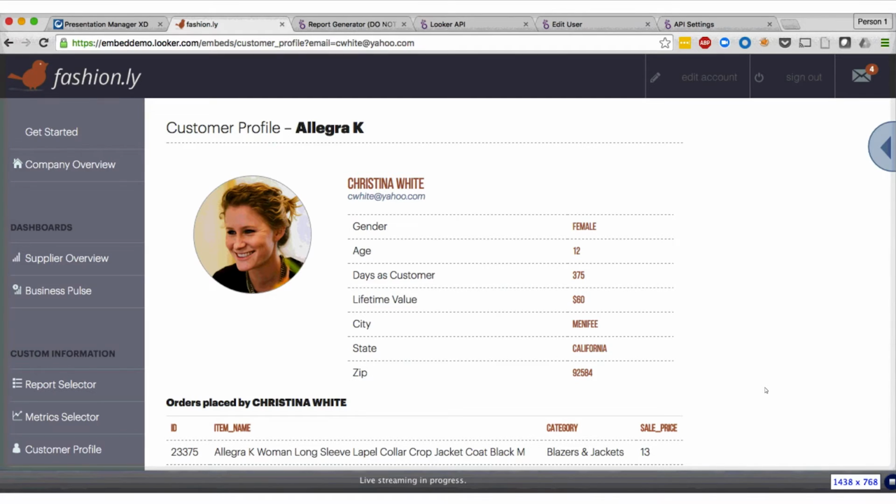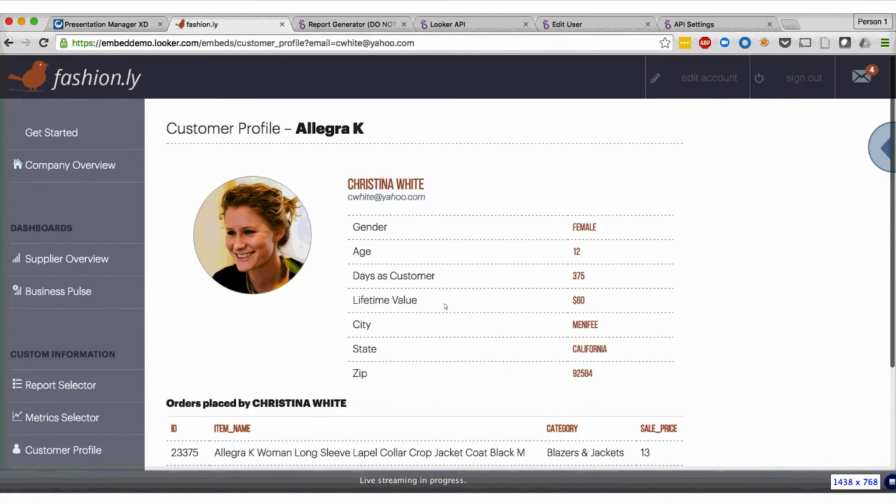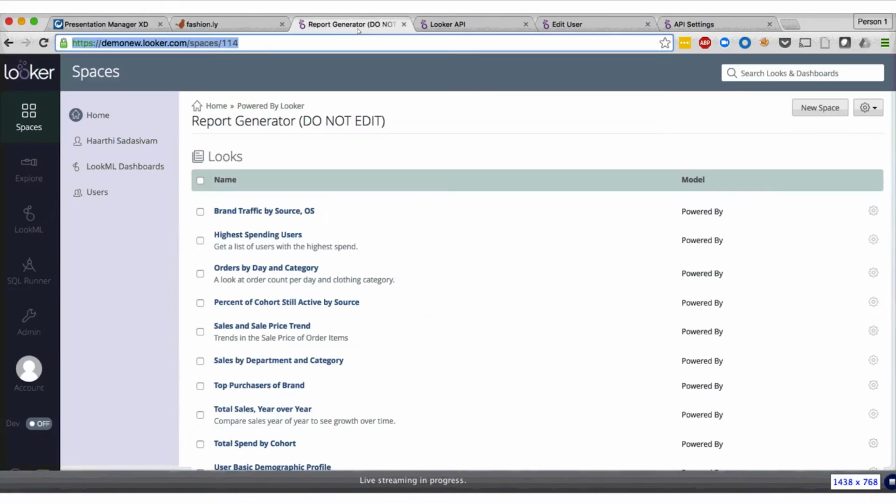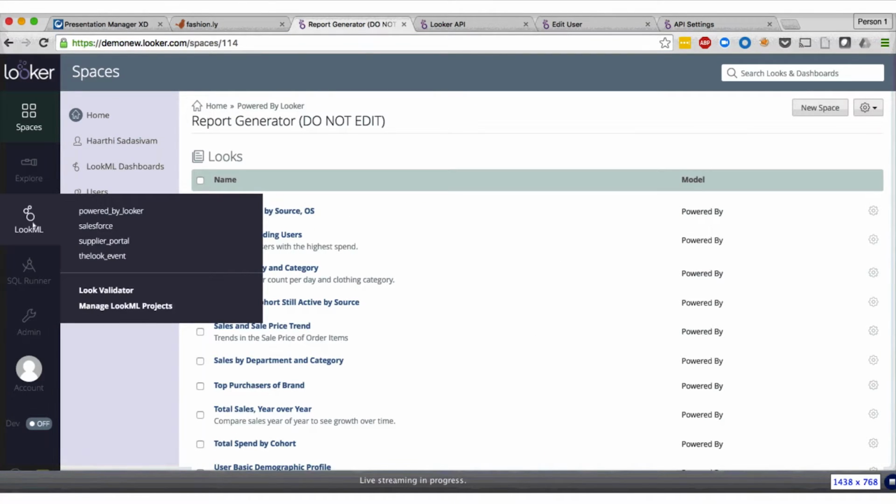So everything on the site that we've looked at, all the API calls, the dashboards, they're all being powered by a Looker instance. And so if we go over to that actual Looker instance, we have a set of connectors to our data table. Once we've set up the connectors to our actual database, we have a modeling layer where we define the relationships and the joins. If we go into the LookML portion, go over to Powered by Looker,